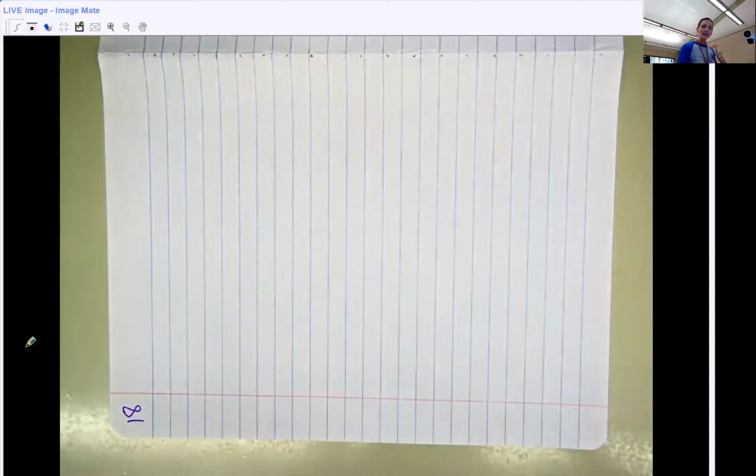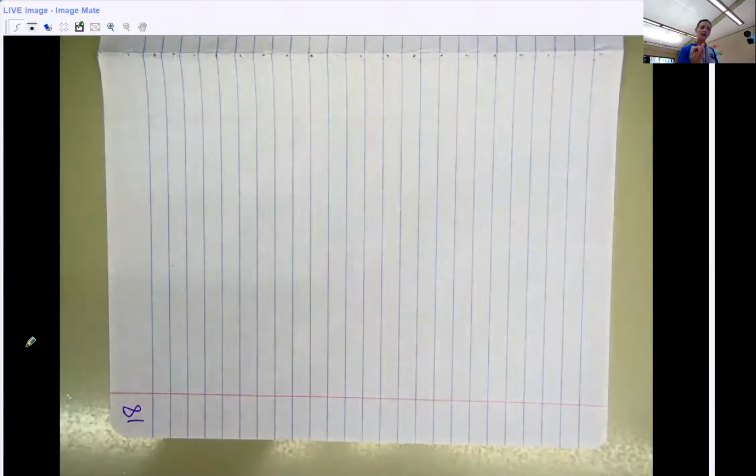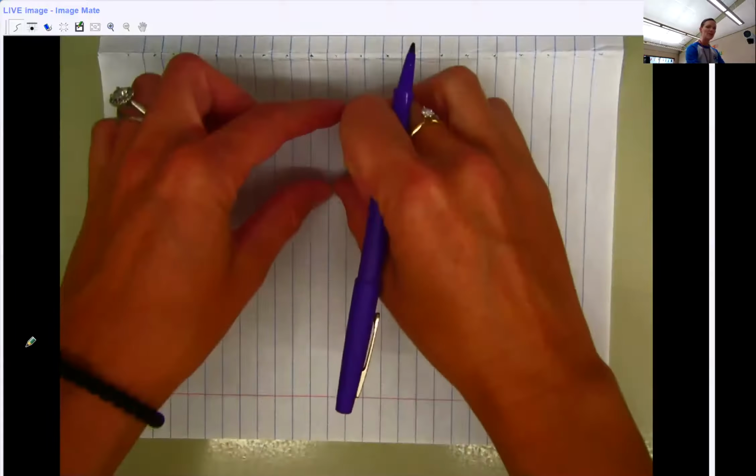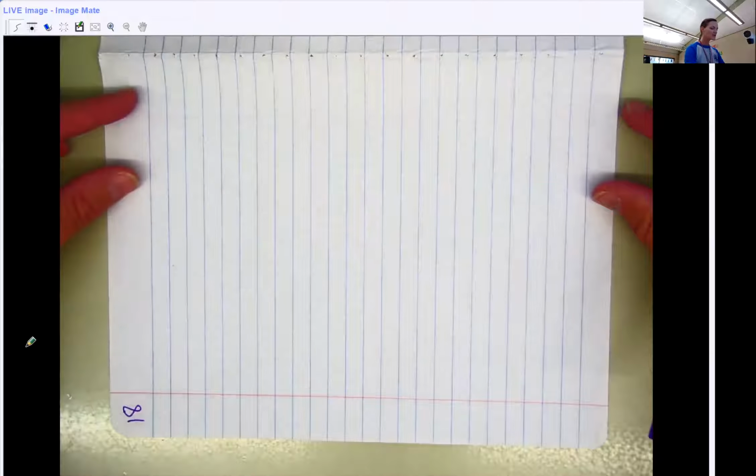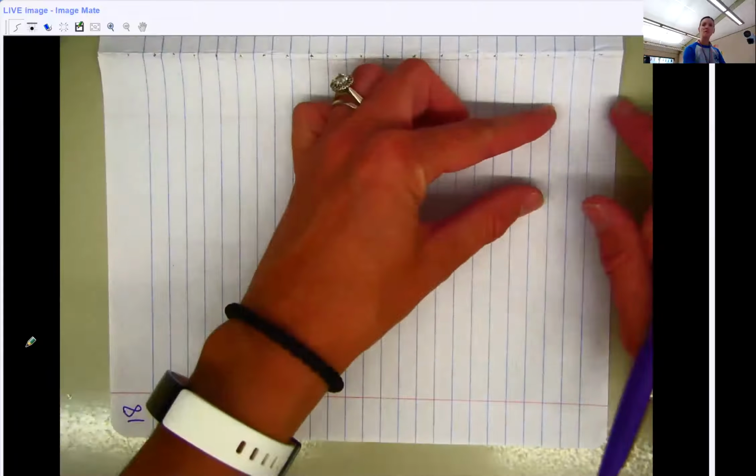There are 8 named phases of the moon, and that is a cycle that repeats. So what I want us to do is draw 9 circles, because we're going to have the 8 phases, and then we're going to do the first one again to show that repetition. So an easy way to draw 9 circles on your page and have them all fit, because I've had some people who have struggles fitting them,